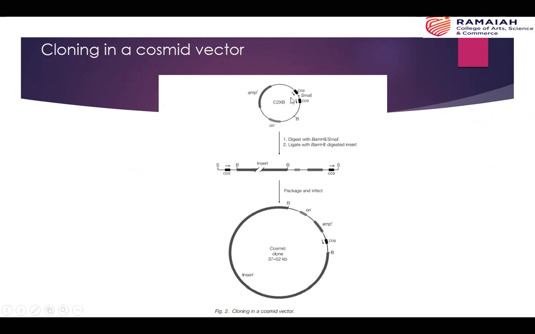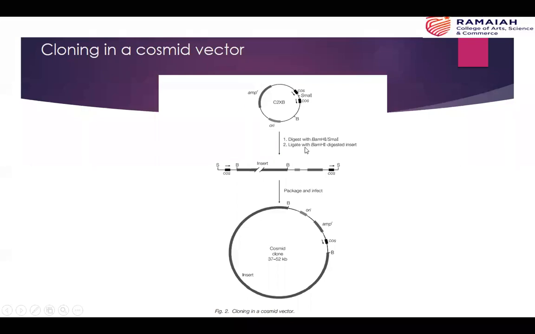Since we are producing the SmaI site here, we are cleaving the vector with SmaI, and the blunt-ended fragments are produced. The possibility of ligating these blunt-ended fragments without the incorporation of the target DNA becomes very, very less, because the ligation of blunt-ended fragments is a very, very inefficient process. That's the reason this blunt-end restriction site is provided between the two COS sites.